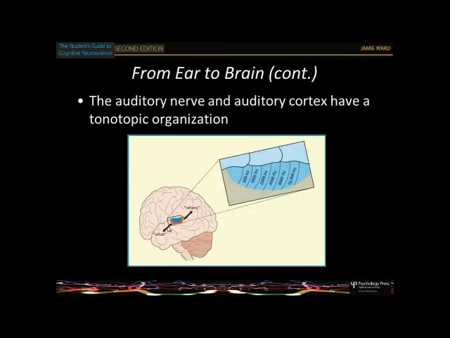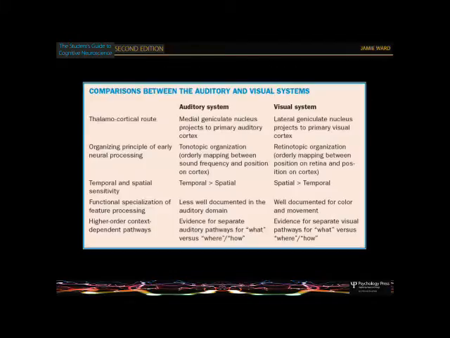Then also, you've got this notion of two routes from the auditory cortex, which again parallels that in vision. We talked about the ventral and the dorsal stream there, where the ventral stream is deciding what objects are there, and the dorsal stream is where and how things are happening. The idea is you've got the same thing here. Whereas your visual cortex has one stream projecting this way, one projecting that way, you've got the same thing coming out of your auditory cortex. One is primarily spatial information, one is primarily what is this sound. So we will unpack that.